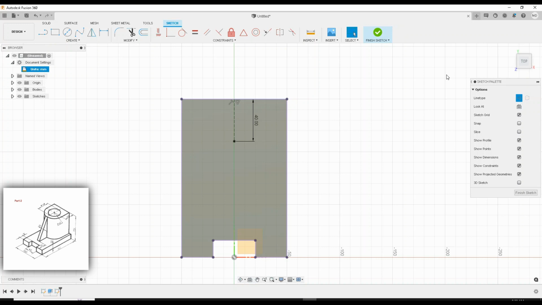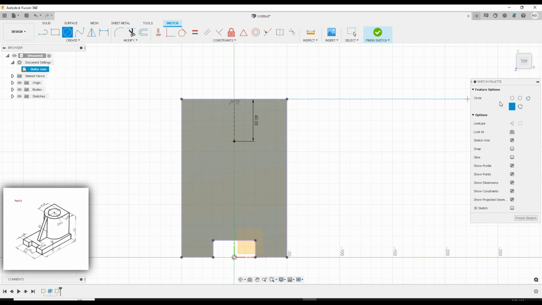Now the diameter of the ID is 48. So you want to go to solid. We want to deactivate construction line. Go to solid diameter, and we're going to do it from the center. You see how I say center diameter circle? That's what you want. Go ahead, click on that, snap to it, click on it, and we're going to type